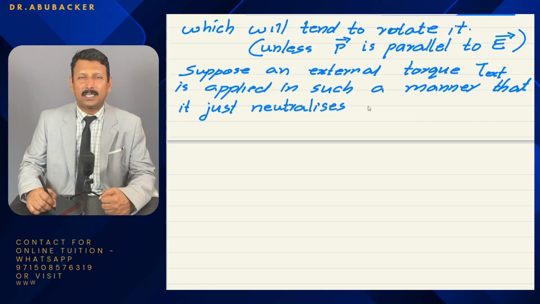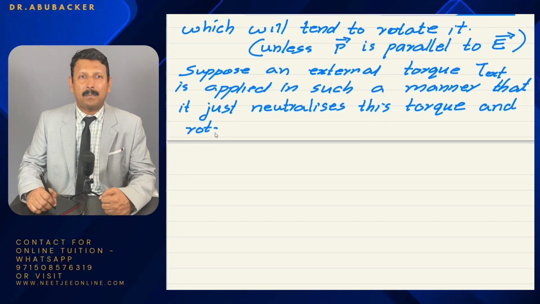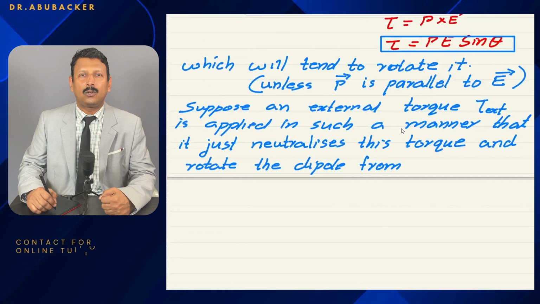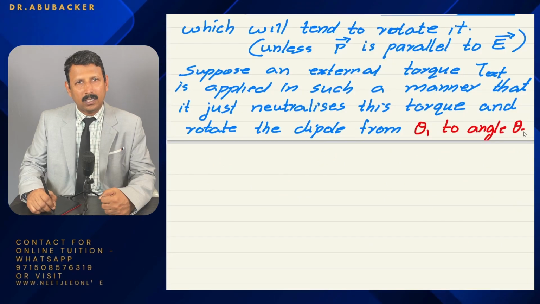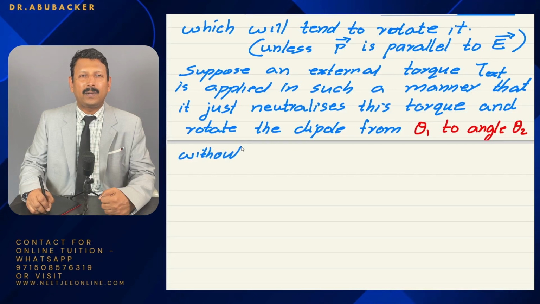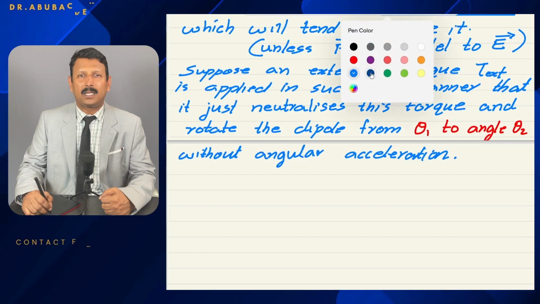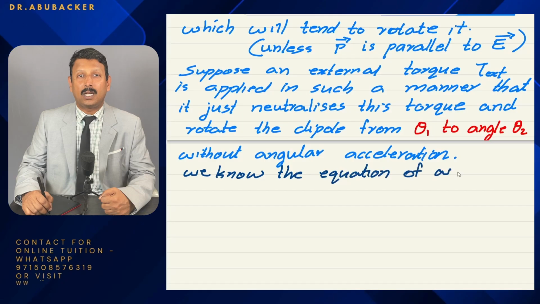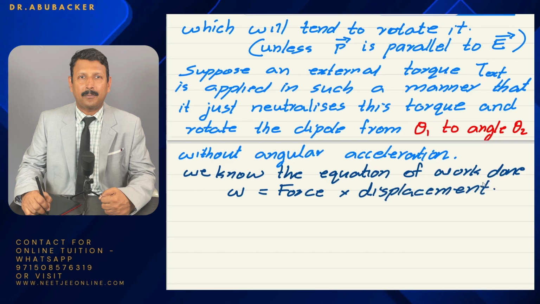neutralizes the torque already produced because of the existing electric field, and rotates the dipole from theta 1 to an angle theta 2 without angular acceleration. Assume there is an external torque required. That torque will turn the dipole from an angle theta 1 to an angle theta 2 without angular acceleration. Now we know the equation for work done, always we are writing,